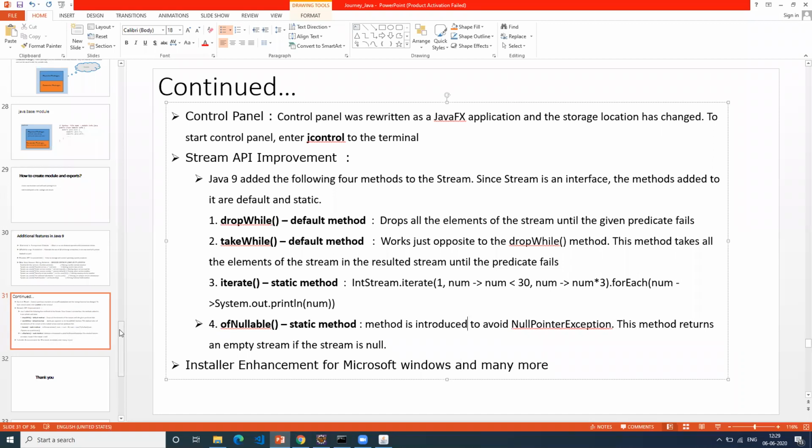What is this jcontrol? You will see Java, right? The control panel, Java control. You can open it from your control panel. You can open Java, and it will tell what is the version, what all things it has. It is one Swing application which shows you. If you go to Program Files, Java, and execute it, one window comes.